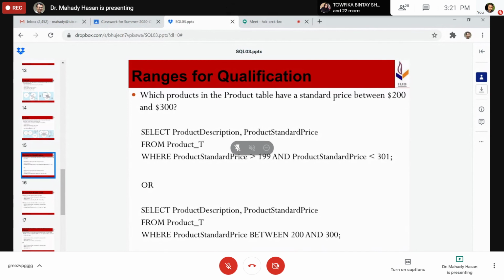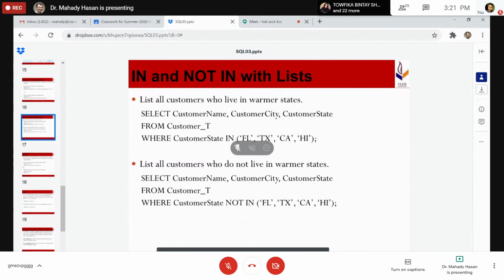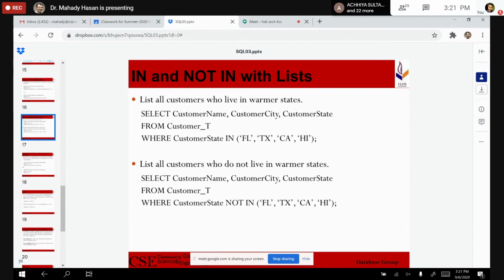Yes, sir. Very good. The next clause, IN clause and NOT IN clause. While we were discussing CHECK, we mentioned we want to validate whether the data lies within those values or not.